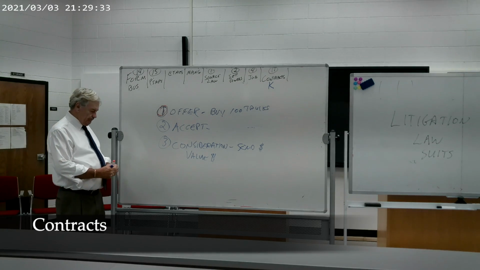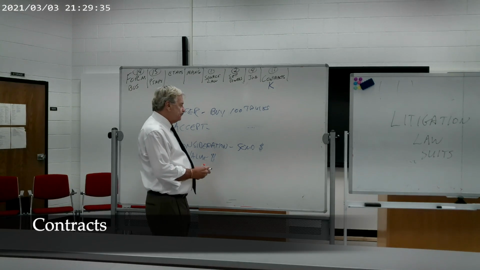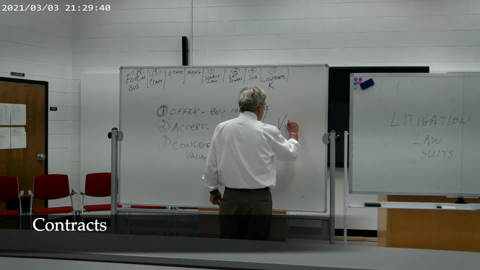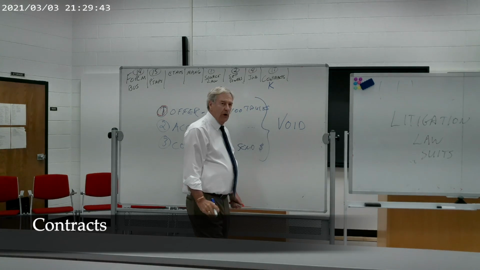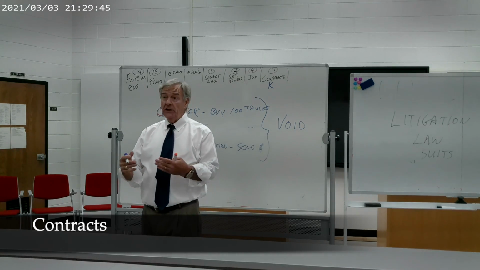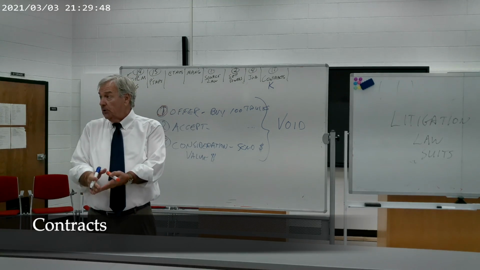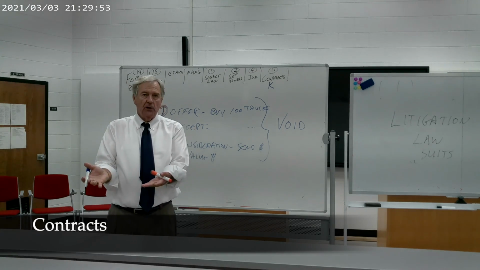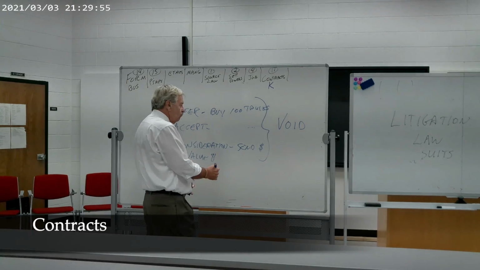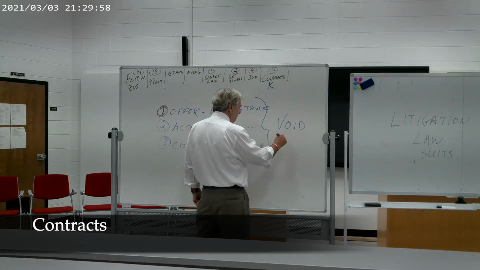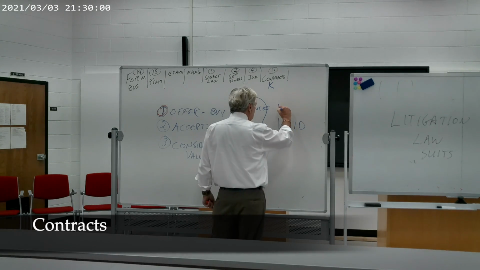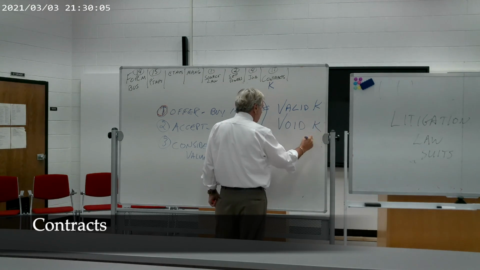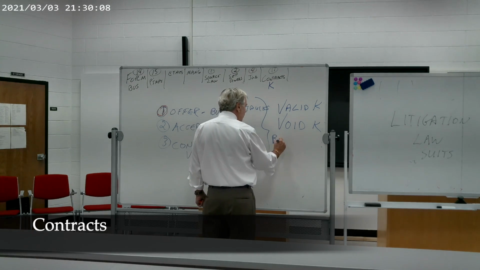A contract that is not complete is void. A contract can be void on its face. If it hadn't taken effect, it's just a piece of paper or something on the internet. That's if it's no good. If a contract is good, it's called a valid contract. A void contract. Learn to use proper language.